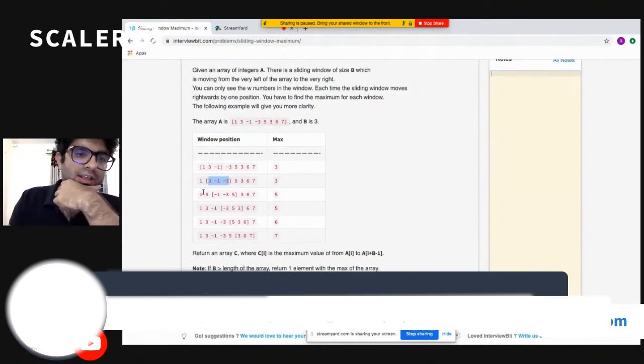If I take the next window, then the maximum for this window is equal to 5. And for this window, going in a similar fashion, the maximum is 5. For the other window, the maximum value is 6. If I go in that way, and take the last window, the maximum value is 7.